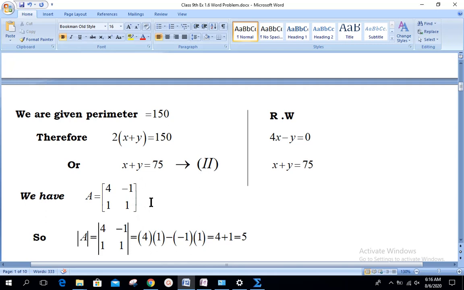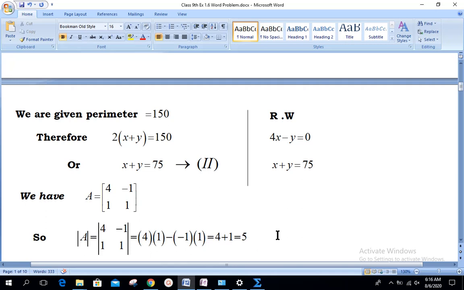My first target is to calculate its determinant. You all are well familiar about how to calculate determinant, multiply first place into fourth place. In the next coming classes you will come to know that this diagonal is also called principal diagonal, whereas the other diagonal is called secondary diagonal. So the entries of principal diagonal 4 into 1, in between every time minus, then the entries of secondary diagonal minus 1 into 1. Finally your result is 5.